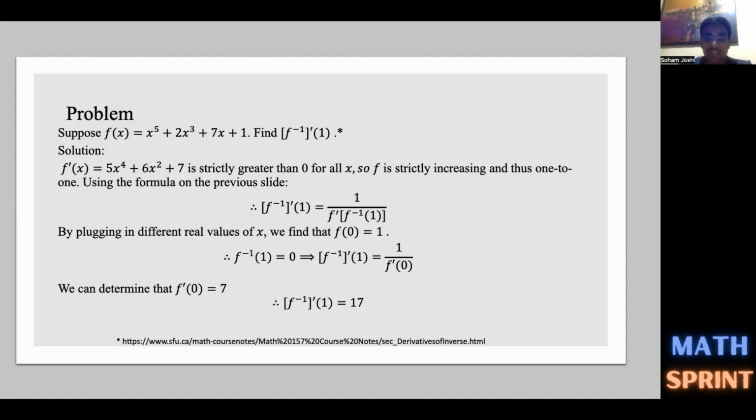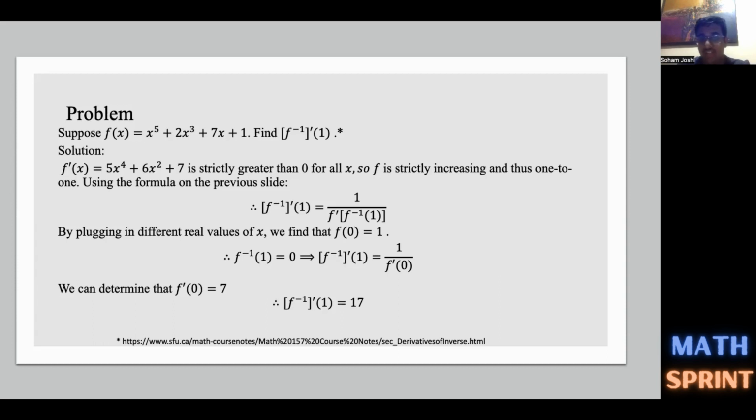It's difficult to find the inverse of f and then take the derivative. So that's why we're going to use the formula that I showed you on the previous slide. So therefore, f inverse dash of 1 is equal to 1 divided by f dash of f inverse of 1. Note that to use this formula, we need to find f inverse of 1, and the derivative of